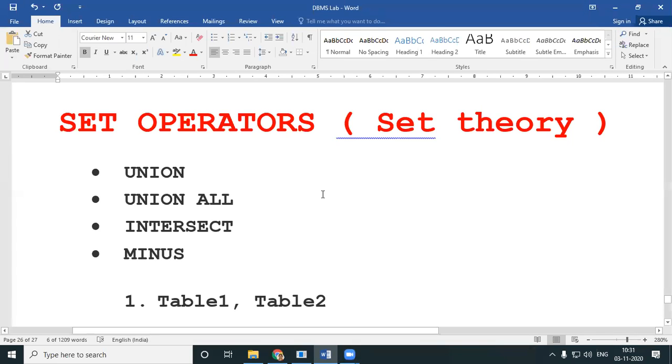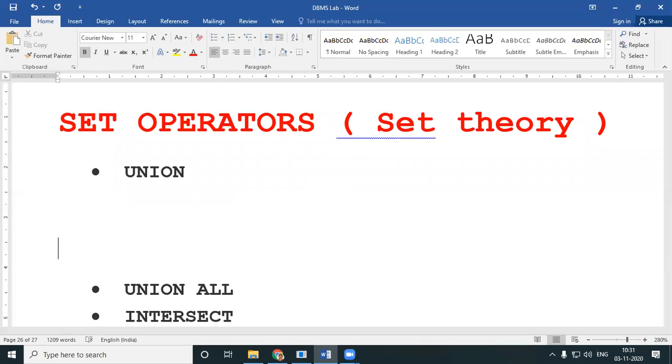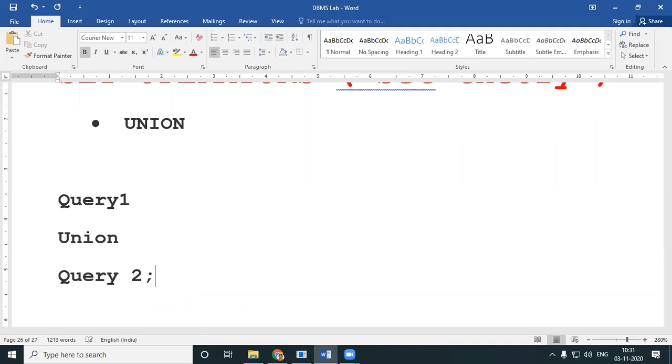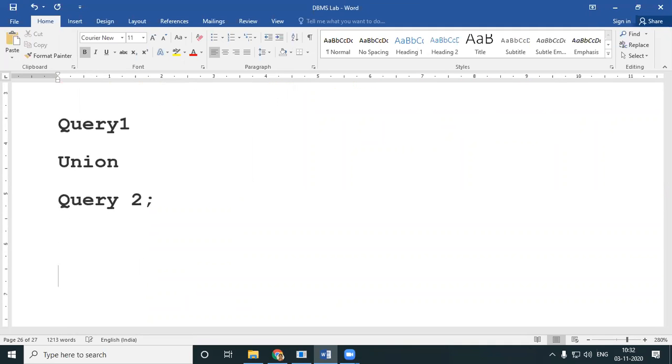Now we'll work on set operators. We'll first work on union. The syntax for union is query 1, union, query 2, and end with a semicolon. If it is union all, instead of union, you write union all.